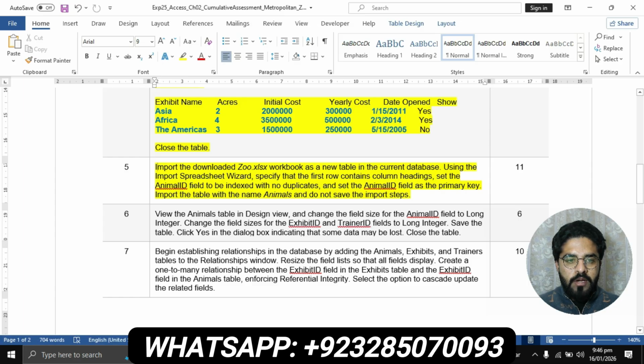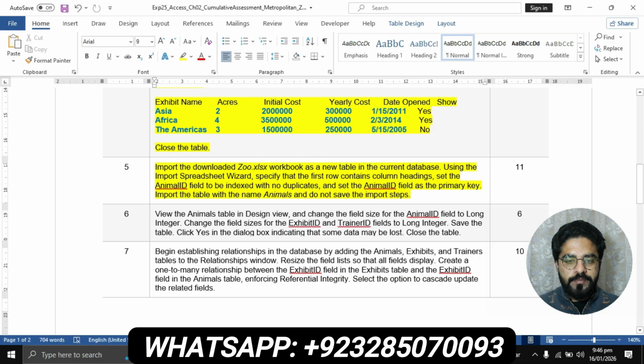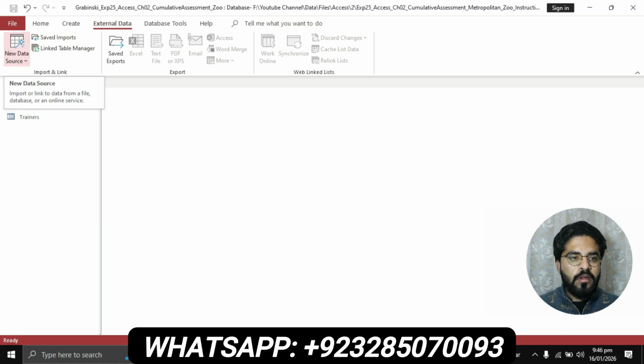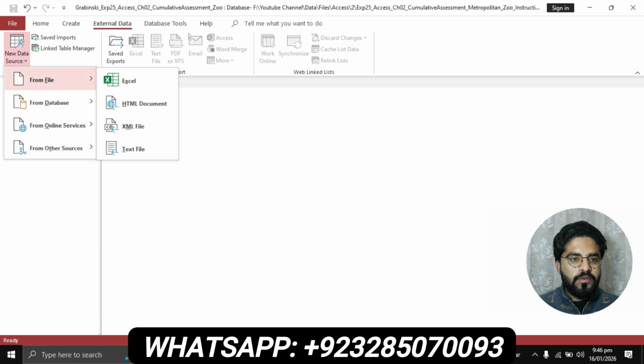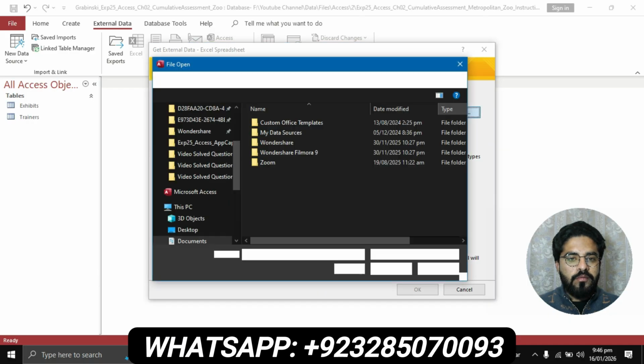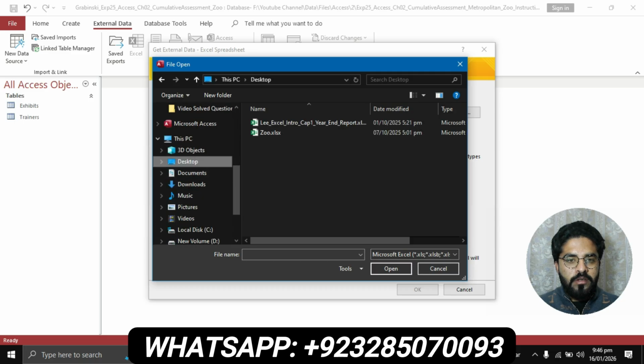Basically, in this question, you will have to import the downloaded zoo workbook as a new table in the current database. Now you will have to import the file. Click on the external data tab, then go to the import and link group. Click on new data source, click on from file, then click on Excel, click on the browse button. The file is stored on the desktop, zoo. Click on this file and open this one